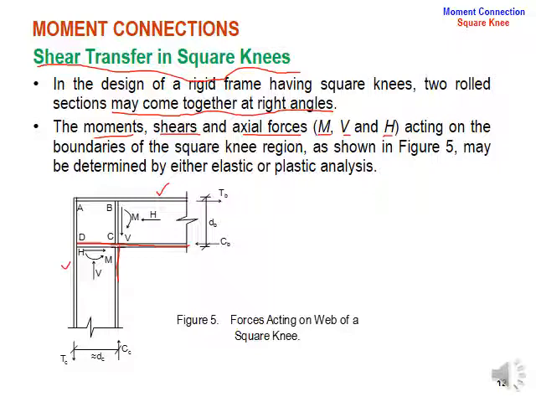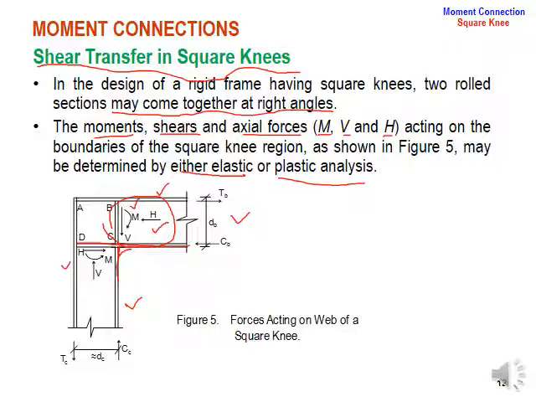I have told you that the plastic analysis is not required over here. That is not the scope of the undergrad level, so we will only discuss the elastic. Whatever elastic analysis has been done, as you have also done for the design of the beam and the beam column, you finally get the answer for the moments in the beam, the horizontal shear within the beam and the vertical shear. Horizontal means your axial force, and V is the shear. So these three load components you will get by the analysis.